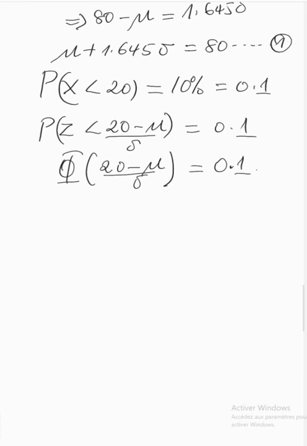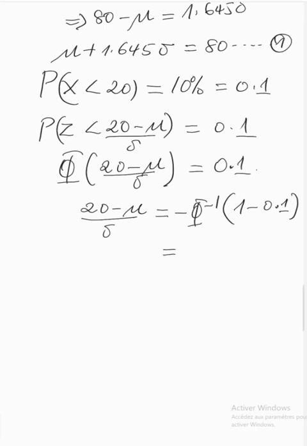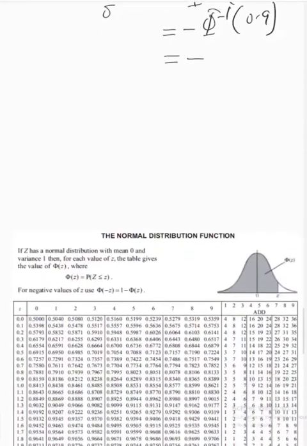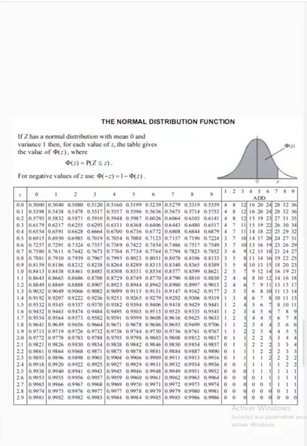From here, we can turn around by now saying that 20 minus mu all over sigma should be equal to the negative of phi inverse of 1 minus 0.1, according to the shortcuts that we established earlier. This will be the negative of phi inverse of 0.9. So it gives a negative z value corresponding to 0.9, which I can now read from the tables. I would go again to the table and check where the probability of 0.9 or a value closest to it but less than is found, and there is